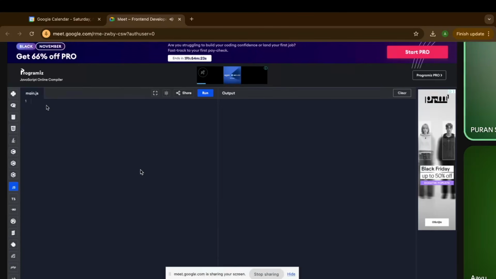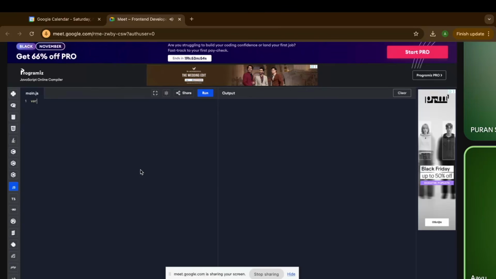Var is hoisted with the default value undefined. And let allows re-initialization but not re-declarations. In case of const, we need to initialize at the time of its declaration. Can you write the syntax and explain without running it?